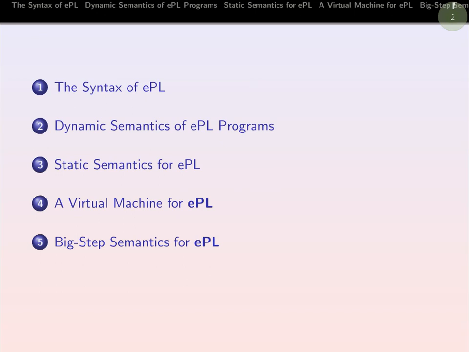So let us start with our first language, which we call EPL. The naming scheme is very simple. The PL stands for programming language, and the simplest form of a programming language is an expression. So this is going to be an expression programming language. It only has expressions. And this is the synopsis for today. We're going to talk about syntax, and then we're going to introduce the notion of semantics. There are two types of semantics here, dynamic and static, and hopefully we get to go through both of them. And we're going to look at the concept of a virtual machine,